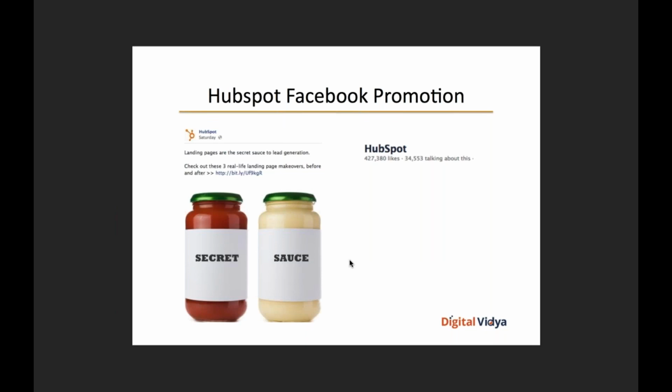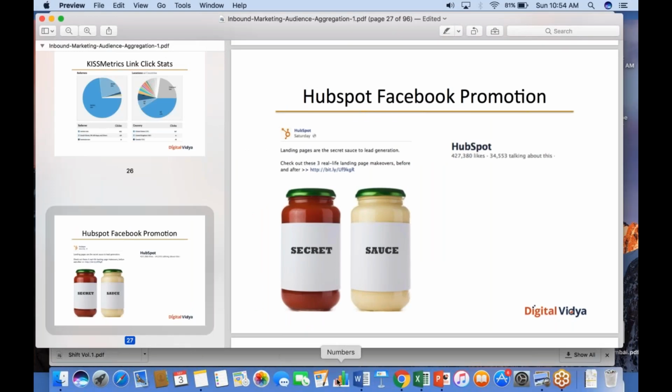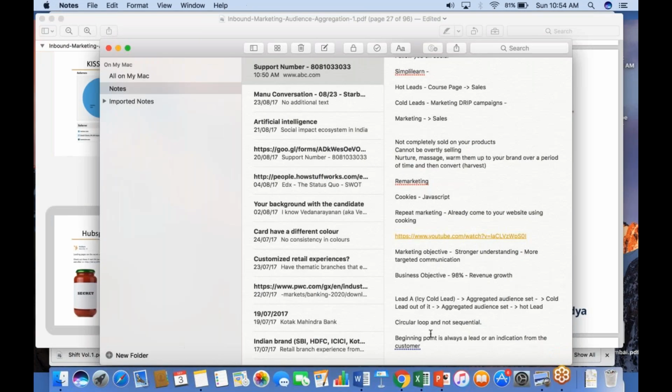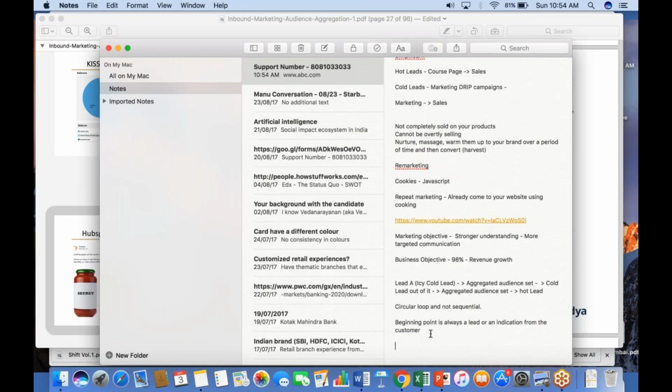This is an example of how HubSpot does it. I'm assuming everybody has heard of HubSpot here. It's a global leader in marketing automation, not something which a lot of small and medium business enterprises can afford. I always recommend Act-On to a lot of SMBs and startups. It's an awesome tool. Act-On, that's the name. You might want to note it down.